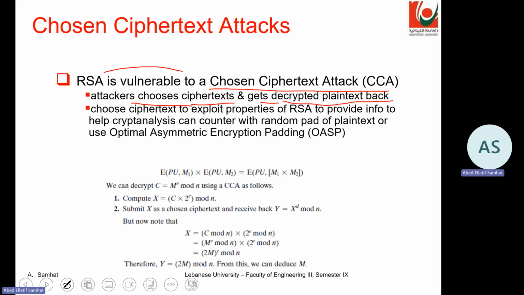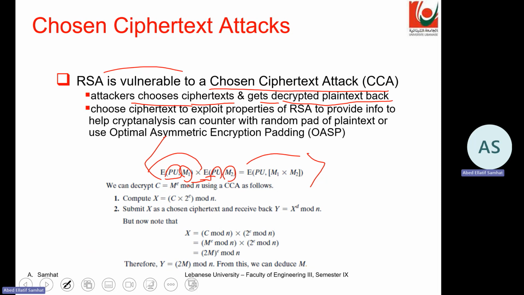And here it's really based on a kind of cryptanalysis that is specific to the function of RSA, how RSA is done. So the idea is that it comes from the fact that if we encrypt with the public key a message M1, and then we multiply the encryption of this with another message M2 encrypted using the same public key, it's similar to the encryption of the multiplication of the plain texts. So this is a kind of what we call multiplicative